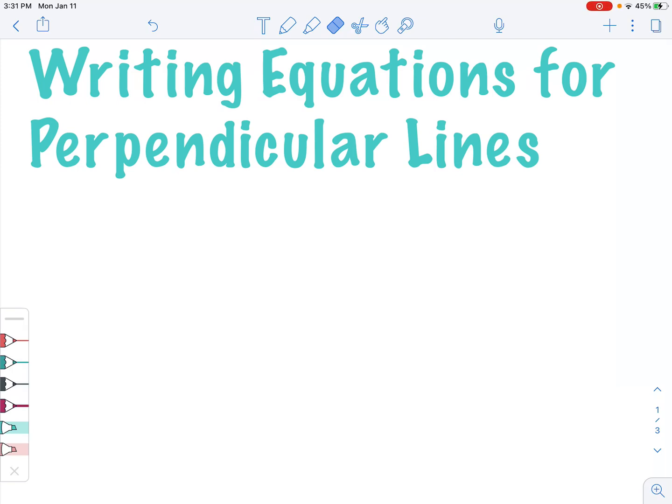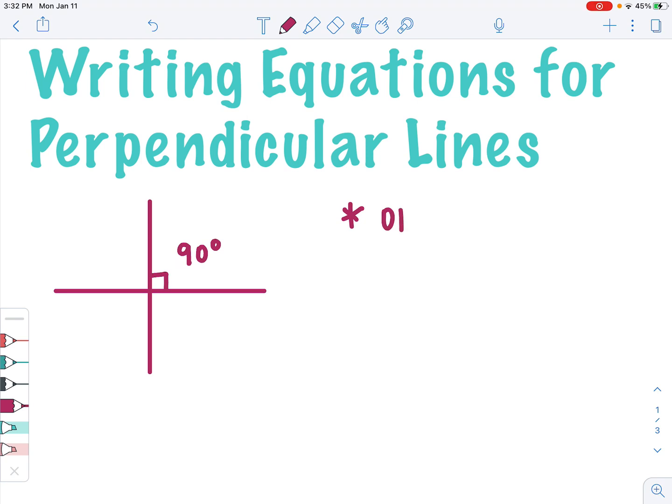Today we're going to write equations for perpendicular lines. So remember, a perpendicular line is when two lines intersect at 90 degrees. So these lines would be perpendicular because they intersect at 90 degrees. They have a right angle intersection. When lines are perpendicular,